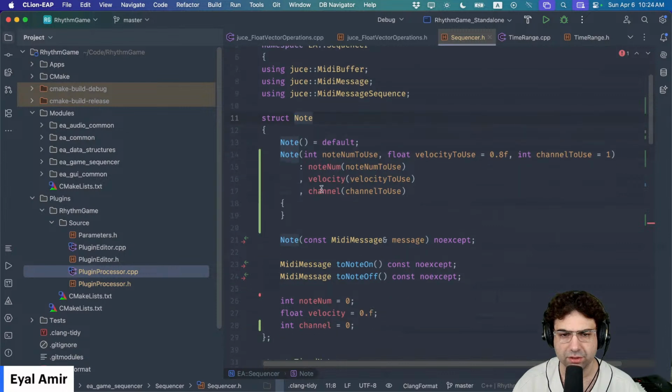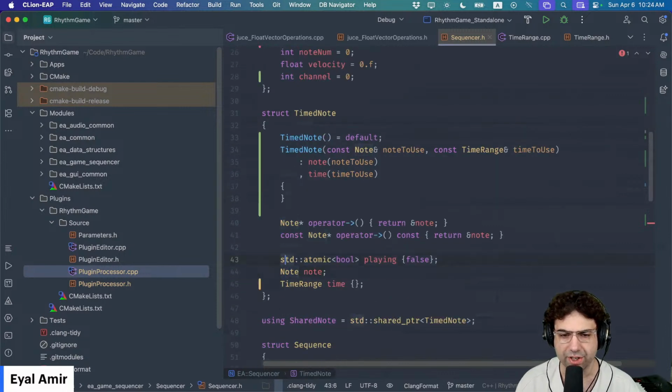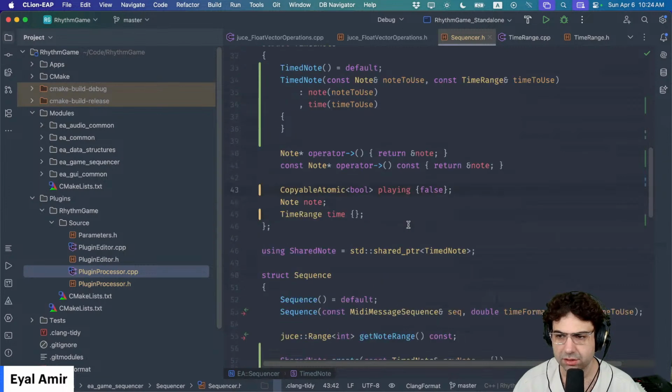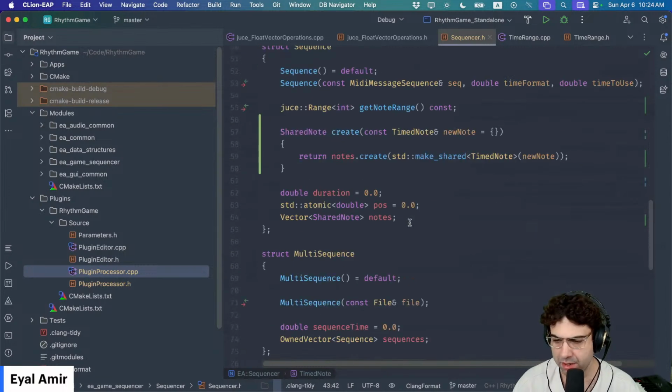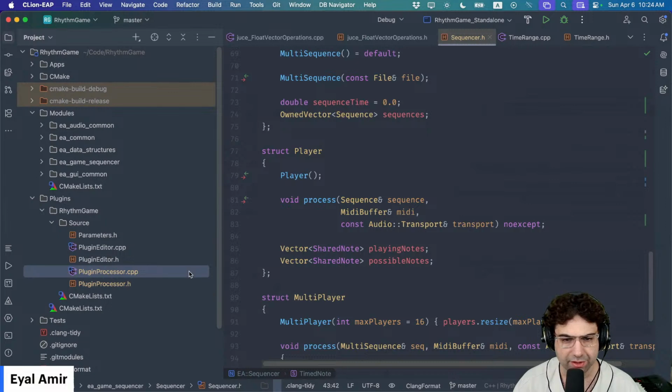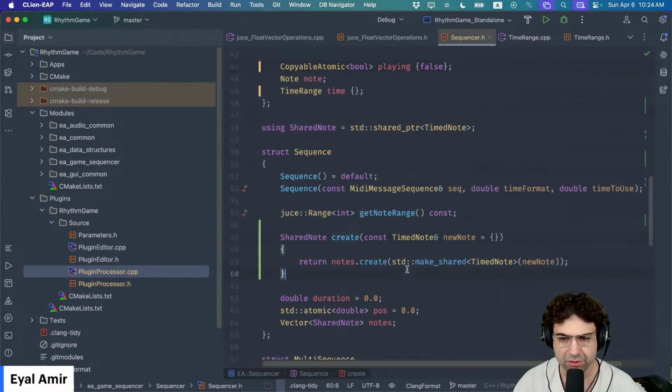Note could be defaulted. Oh, the atomic. Oh, the atomic can't be copied. Let me think about that. Okay, I think, do I have my copyable atomic here? I do have it. Okay, that should make it work. Okay, copyable atomic. That should make it copyable and should fix all these issues. And then when I create a new note, I can pass another one. So that should allow me